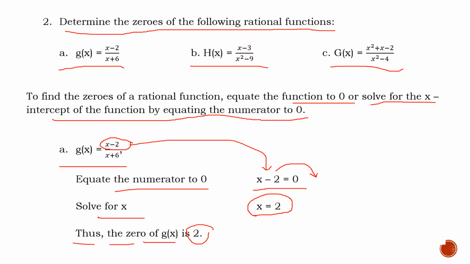So again, whatever the value of your x-intercept, that is also the value of your zero of rational functions. Again, no? Whatever your steps, whatever the process that you did in dealing with your x-intercept, it's the same thing, no? With the zeros of the rational function. So it's the same process. Or we can just simply say, no, that the value of your x-intercept is actually the value of your zeros of a rational function.